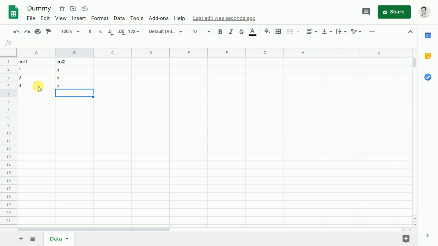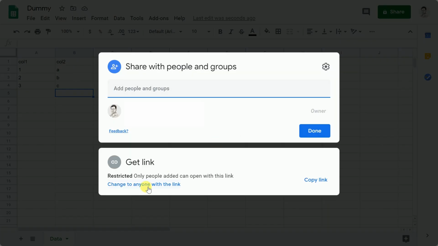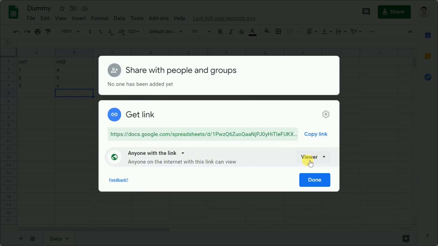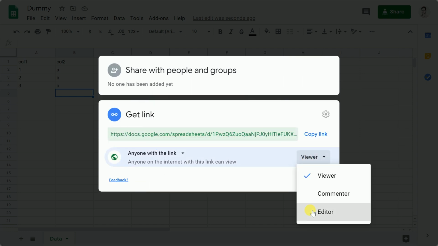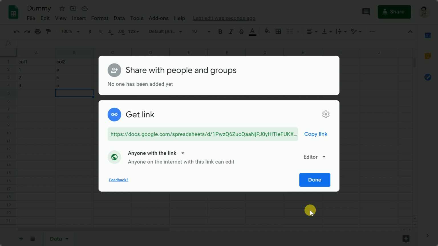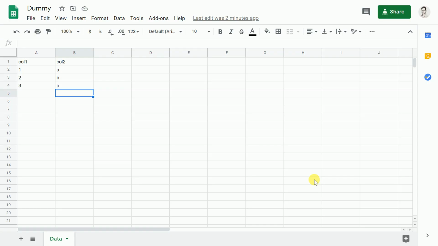Before we jump onto the Python code, there are some prerequisites that you would have to complete in order to get this task up and running. The first piece is that you'll have to make this Google Sheet public in nature. So I'll click on share. I'll click to change to anyone with the link and I'll give edit access. It should work with the viewer access as well, but I wanted to be extra sure that the solution works. So the next thing that I'll do is I'll click on done and I've publicly shared this Google Sheet.